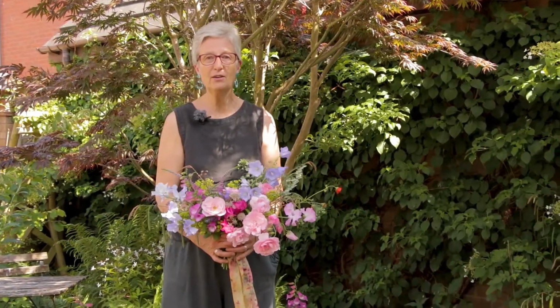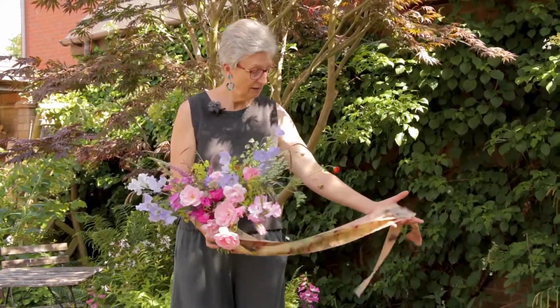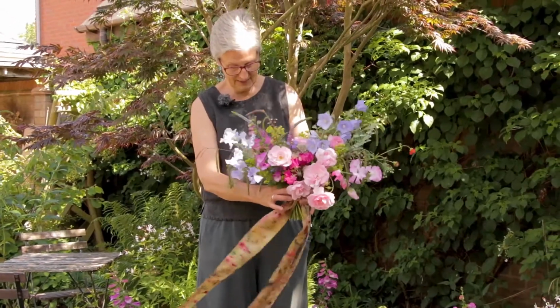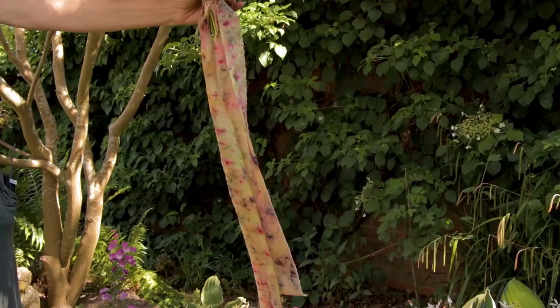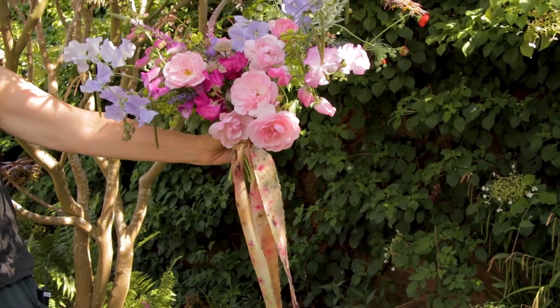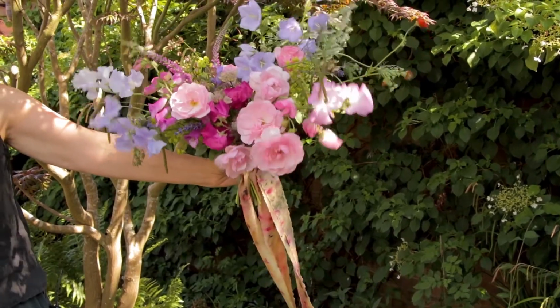So here I am, the blushing bride, with my beautiful bouquet of summer flowers. Anyway, we've got the bundle dyed eco printed ribbon on this time for you to have a little look at. The breeze is nicely taking it along, but then she's going to be holding it every which way. So just got lots of lovely movement in here, and it's maintained that light airiness